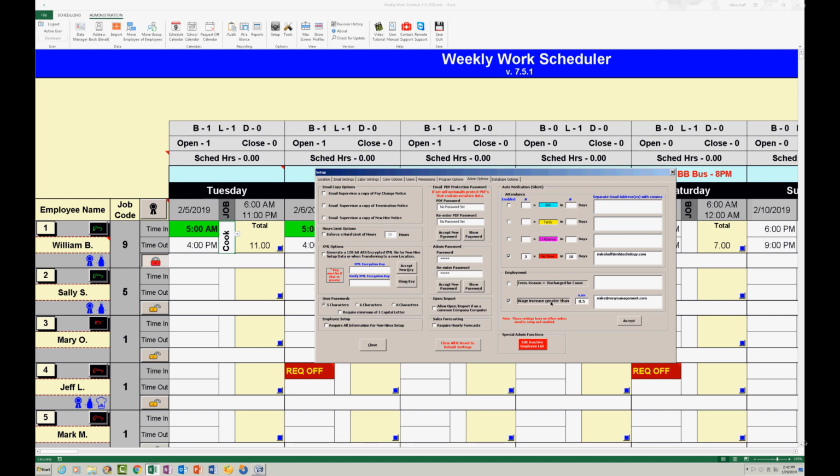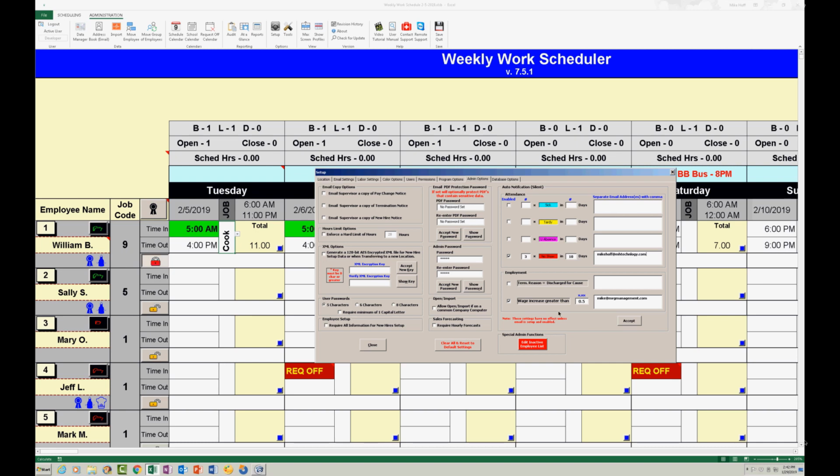So if somebody goes from $10.50 an hour to $11.50 an hour, and you have set in here, hey, anytime it's more than 50 cents or 25 cents or whatever, I want to know. You're going to get an email. And this email will come if the GM knows that this is happening and they unplug the internet when they're doing it so that the email doesn't go out. Guess again. The email will go out when the computer is plugged back in or the internet is plugged back in. So they can't circumvent this. But it's there for information, and it's caught some things that